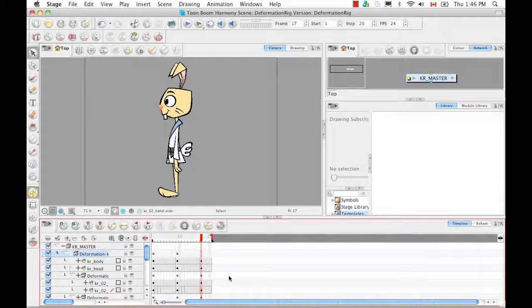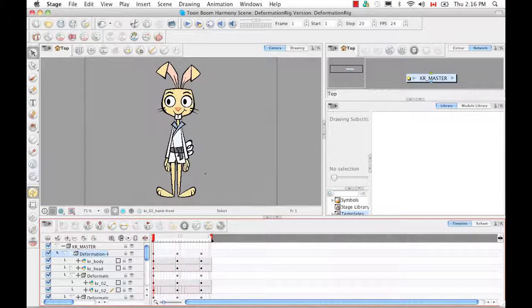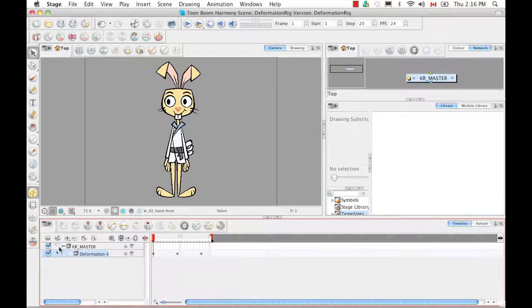So if it hasn't already been done, now would also be a good time to do the Z nudging for your character's parts. So that's to push back body parts that shouldn't be forward and to bring forward body parts that should sit in front. We already did that in a previous tutorial, so I'm not going to get into it. But if you haven't done it yet, now would be the optimal time to do that. So after you've finished doing all the Z nudging for your character, you can collapse your character again in the timeline,